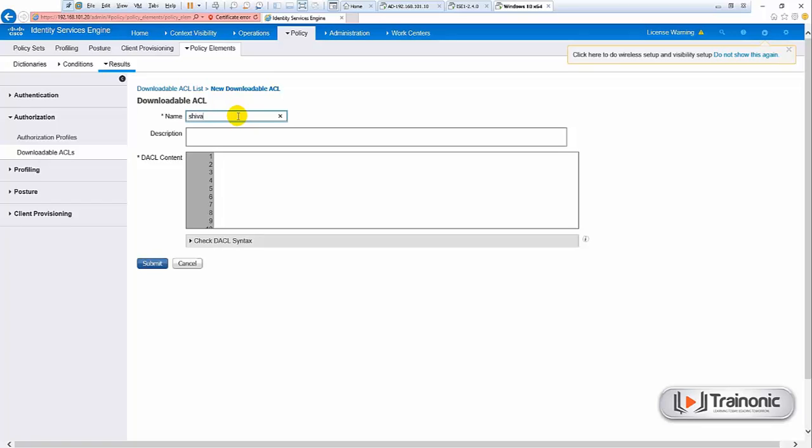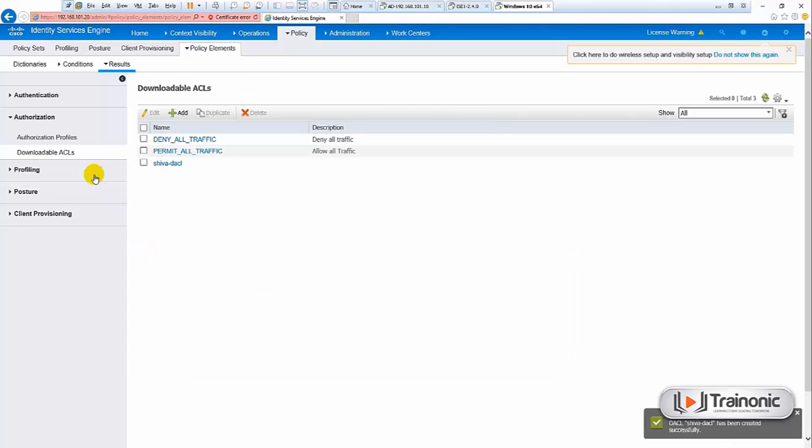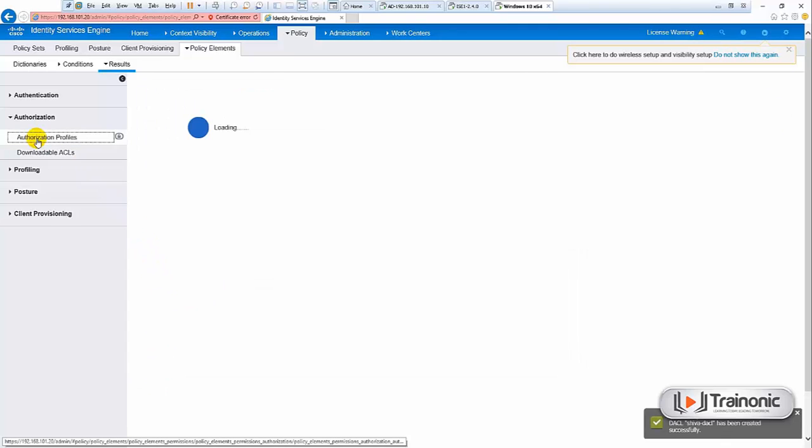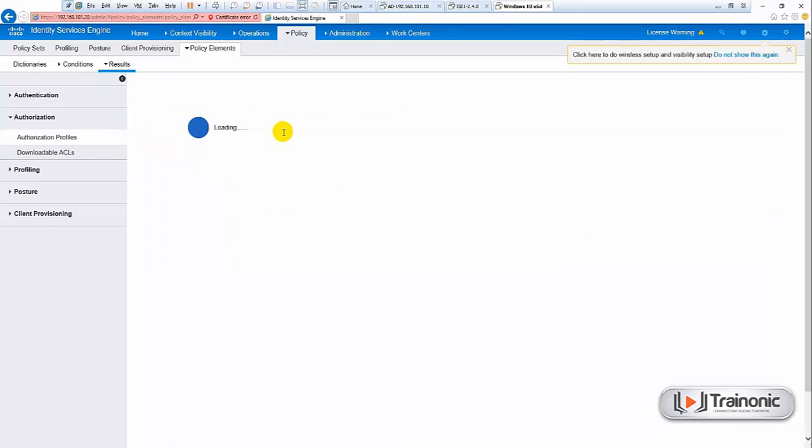Configure Shiva DACL, any statement, permit ip any. For example, you can also check the syntax. DACL is valid, submit. Go to authorization profiles, here click add, give name